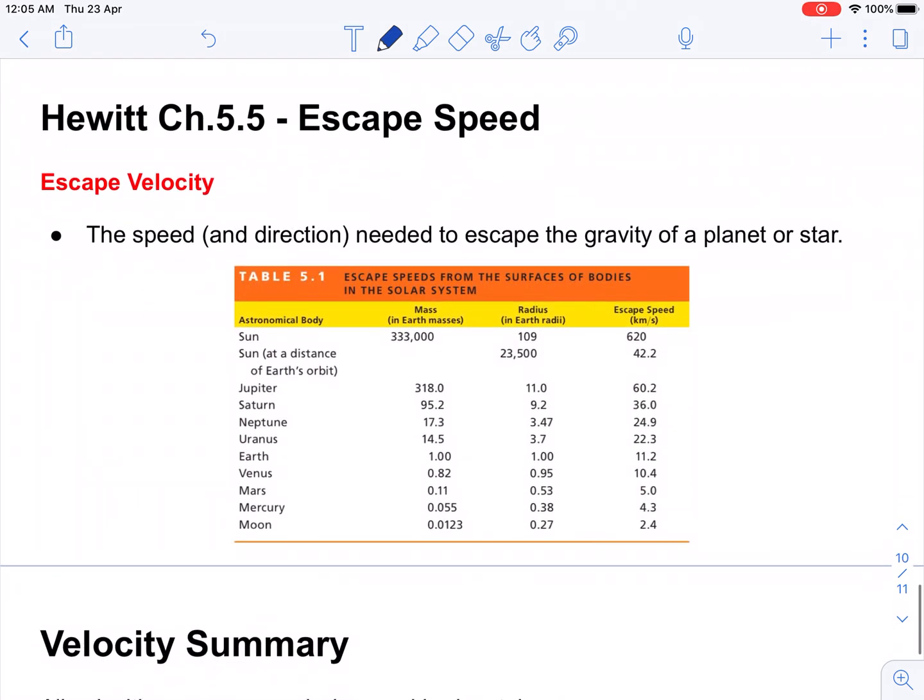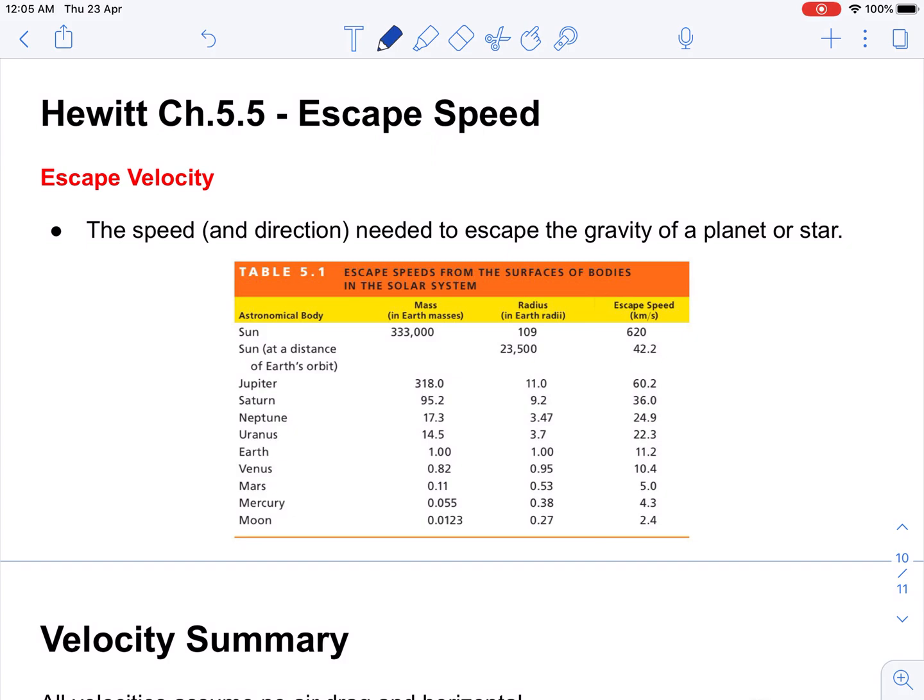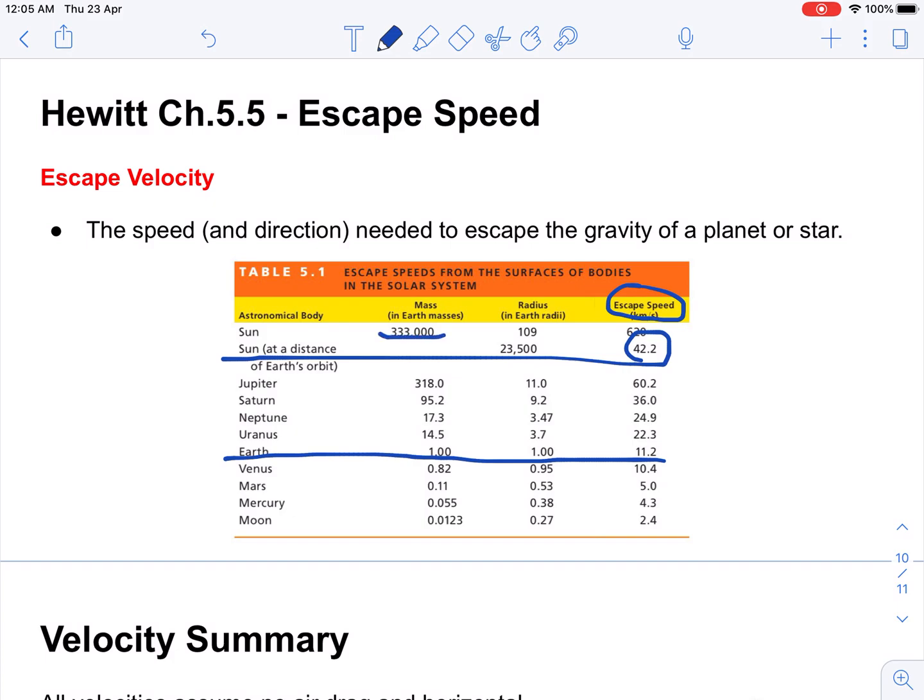Your textbook lists the escape speeds for different celestial bodies. The Sun, again, listed right there. You can see the 42.5 kilometers per second there. There's Earth. And kind of interesting to see the relationship between size and the required escape speed, which isn't that surprising, right? Because we know the more mass, the more gravitational force. The Sun is absolutely massive, and unimaginably so, and so it has a very strong gravitational force even at the distance that Earth is. Earth is kind of set as 1 here, and the Moon then has a very low escape speed requirement